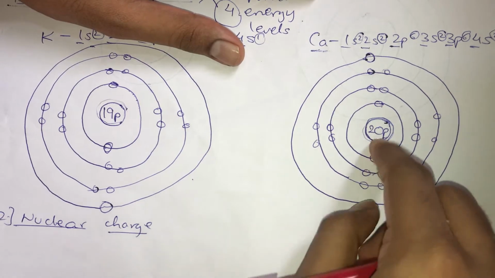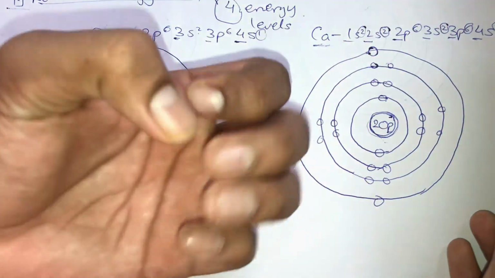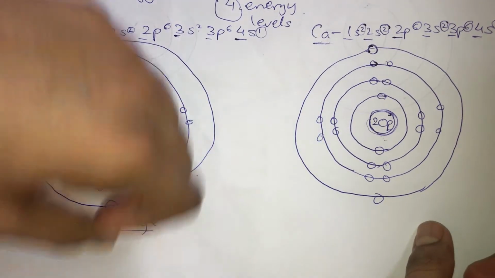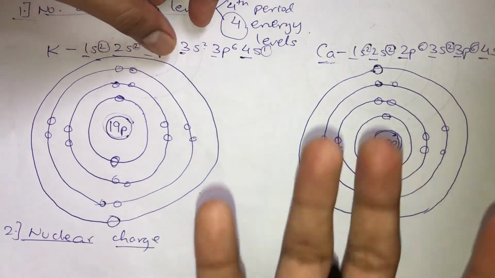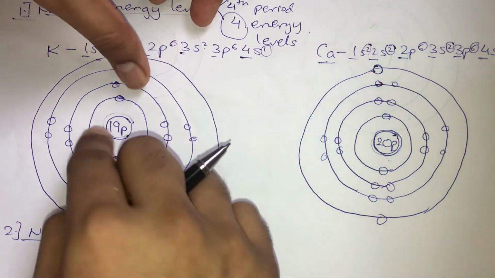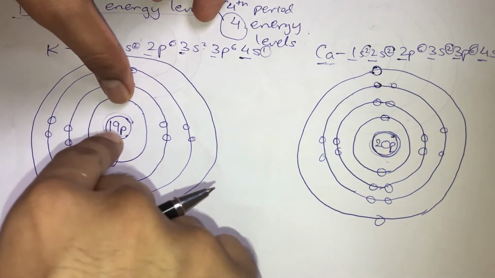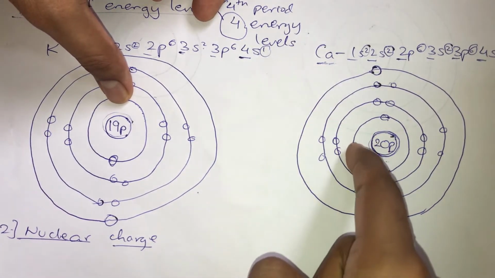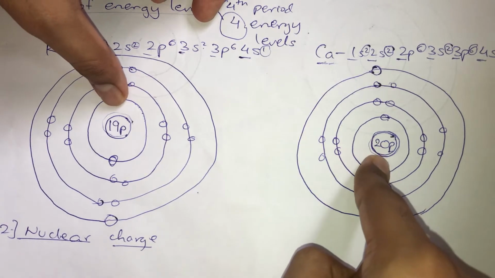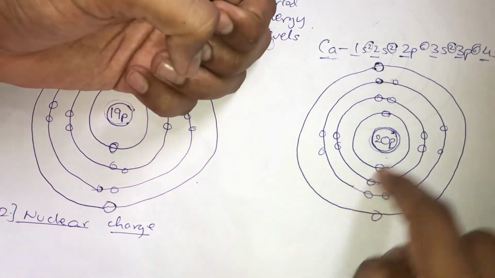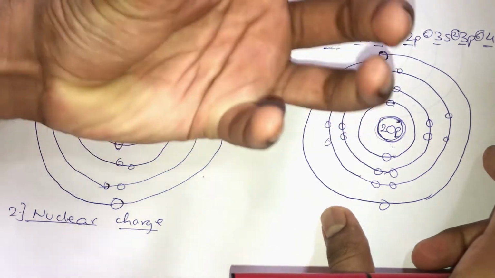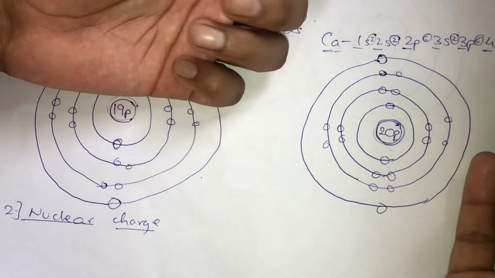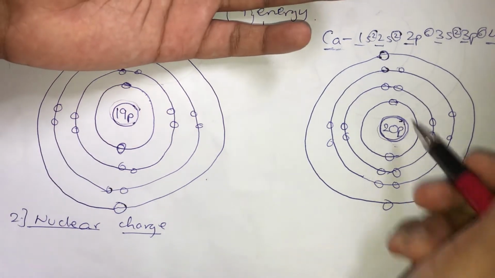this nucleus will try to pull the electrons towards itself. Even this nucleus is trying to pull the electrons towards itself, but the nuclear charge over here is less as compared to the nuclear charge in the calcium atom. So as the nuclear charge in the calcium atom is greater, therefore all these electrons are going to be pulled towards the nucleus. Yes, there will be shielding effect, but it is obvious that the nuclear charge is superior than